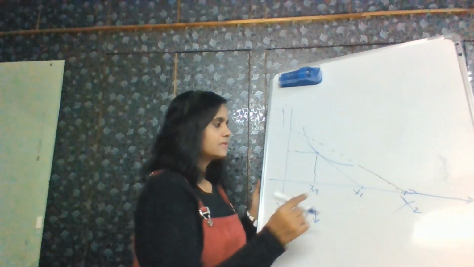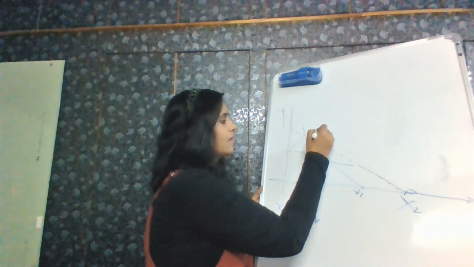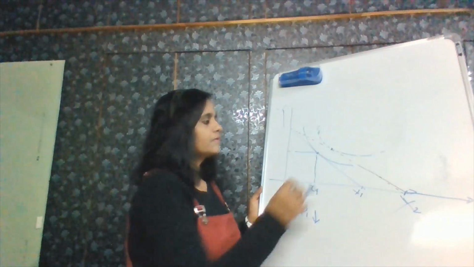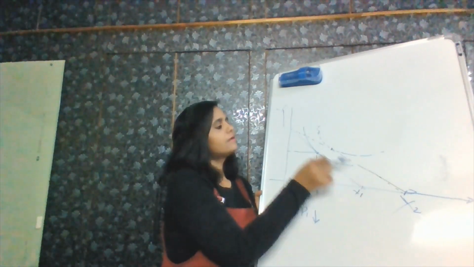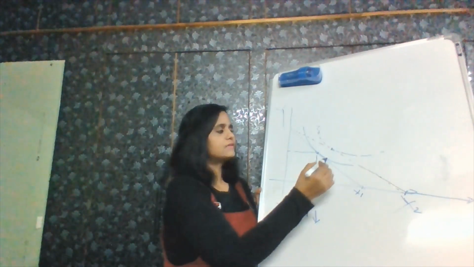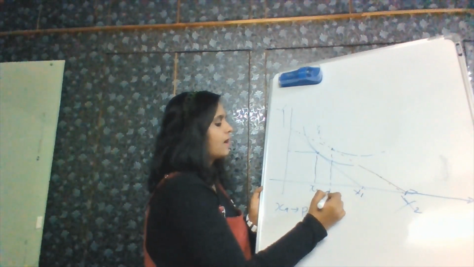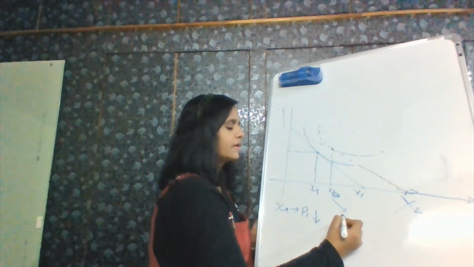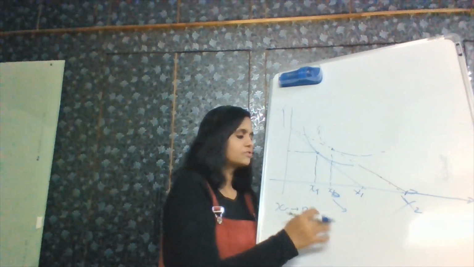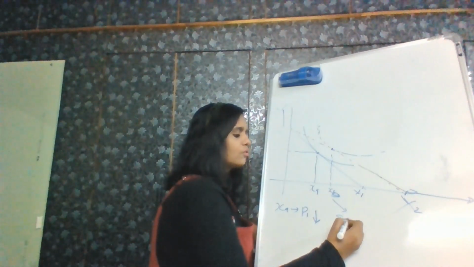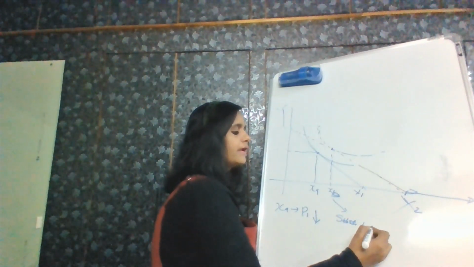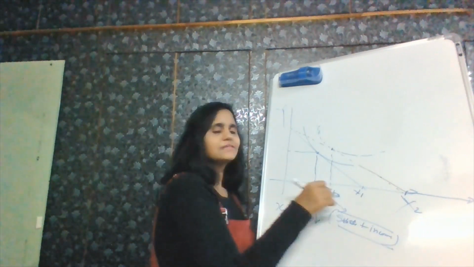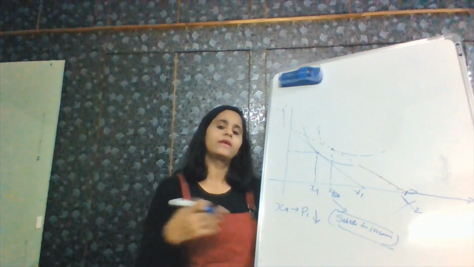Now, as in Hicksian, because of the price change we will draw a new indifference curve, where this line will be tangent to your new indifference curve, and this is your new demand. This demand is nothing but the original demand where it has both impacts. So this price impact includes your substitution impact plus your income impact. This is a demand where you have not separated out the real income impact.